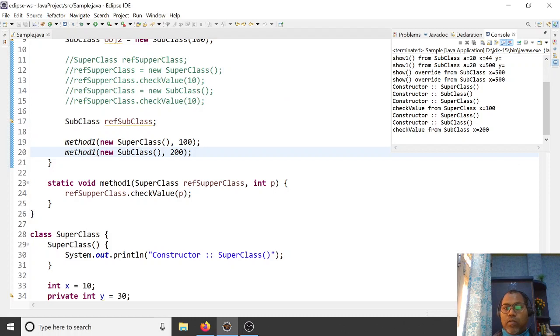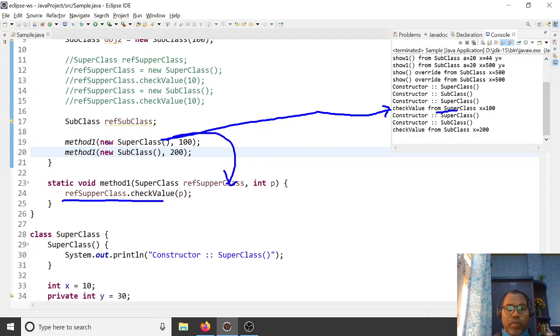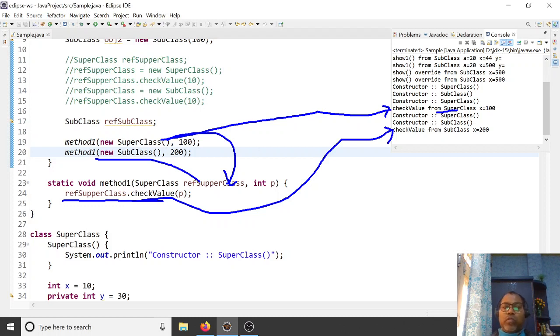So here we are looking at the first case. If you are passing the superclass object, it returns a superclass value. But this method does not depend upon which function it is going to. In the case where you are passing a superclass object, it invokes the superclass method. If you pass the subclass object, the same method displays your subclass output. So this method depends upon which type of object you are passing. If you're passing the superclass object, it invokes the superclass method. If you're passing the subclass object, it invokes the subclass method.